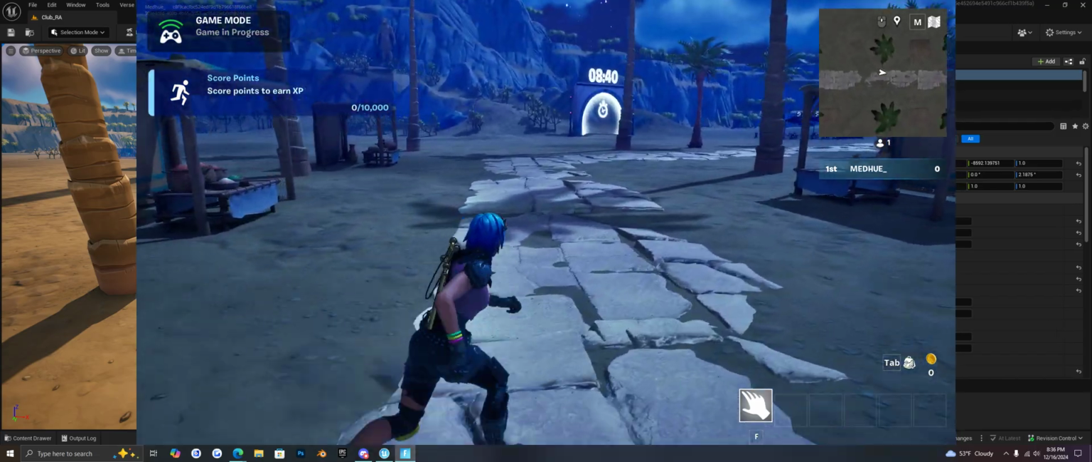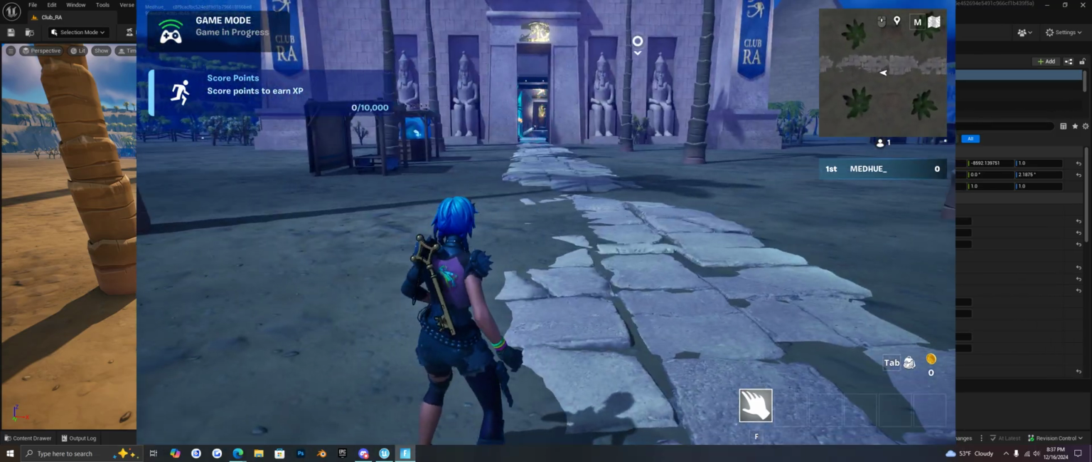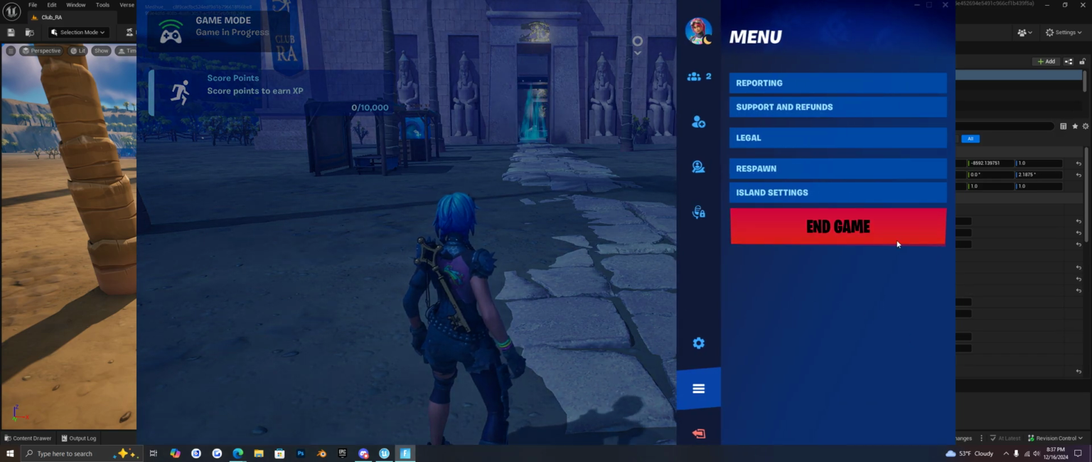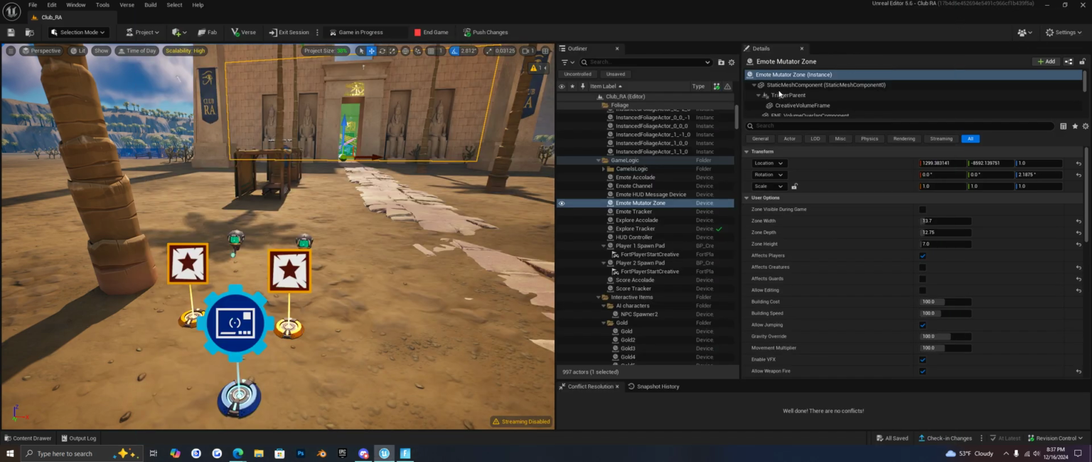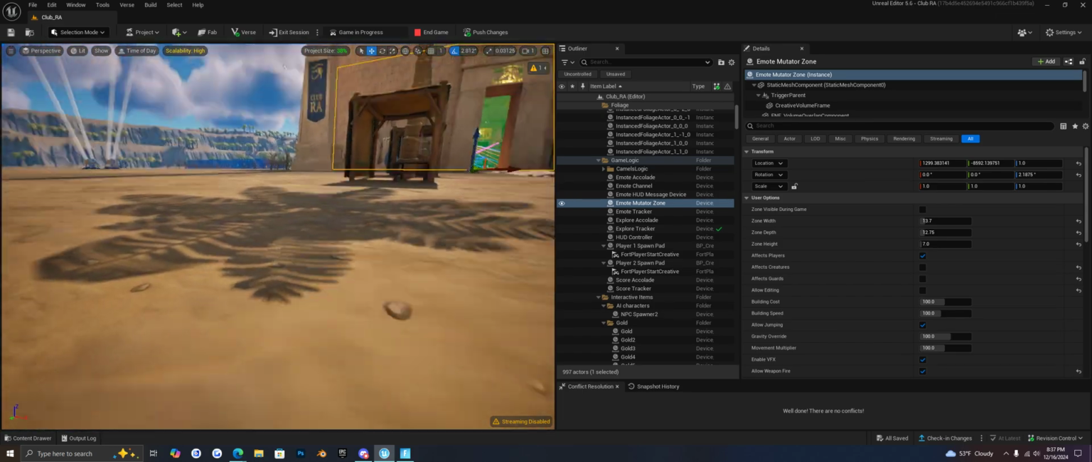So that's a basic description or example of how the tracker works and how you might use it